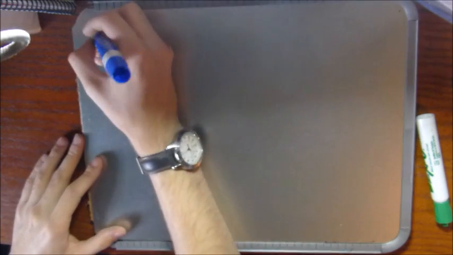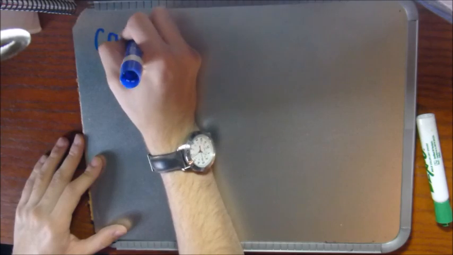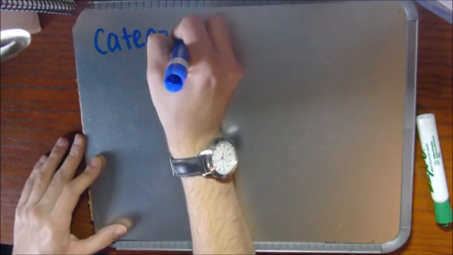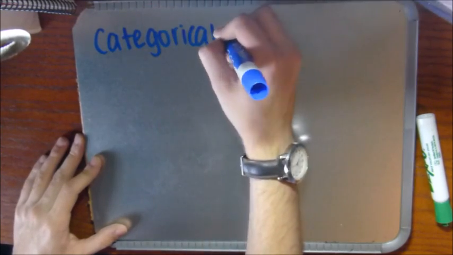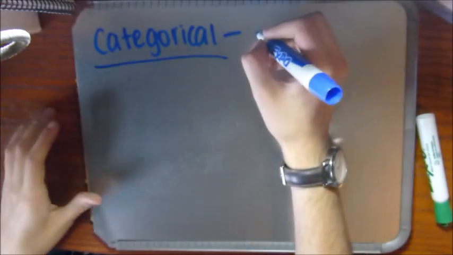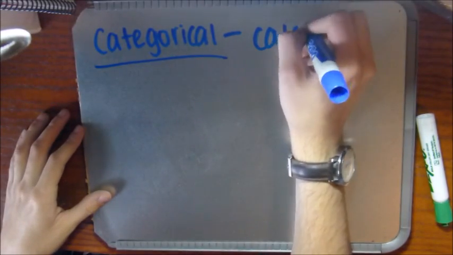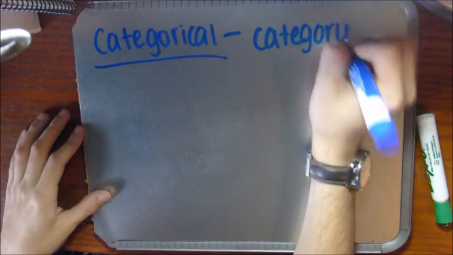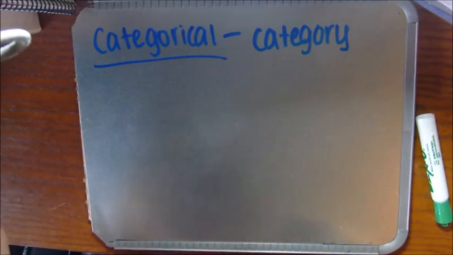Okay, so I'm going to be talking about the differences between categorical data and numerical data. So, let's start with categorical. Categorical data is what it sounds like. It's category-based data. And a lot of these categories